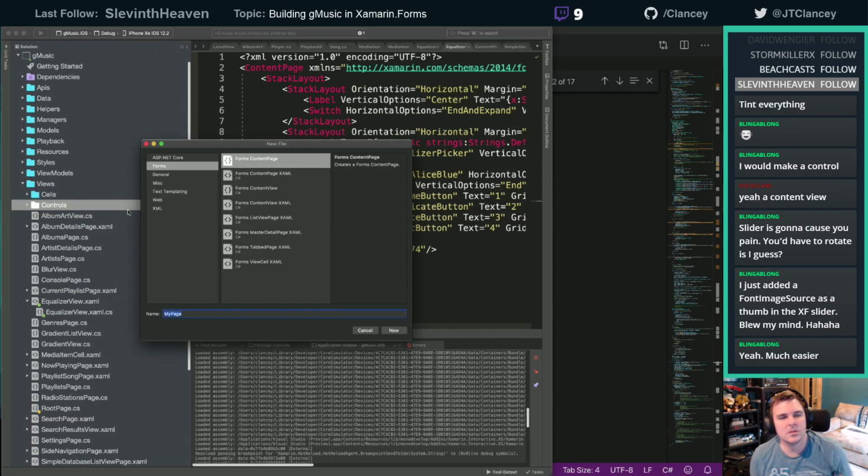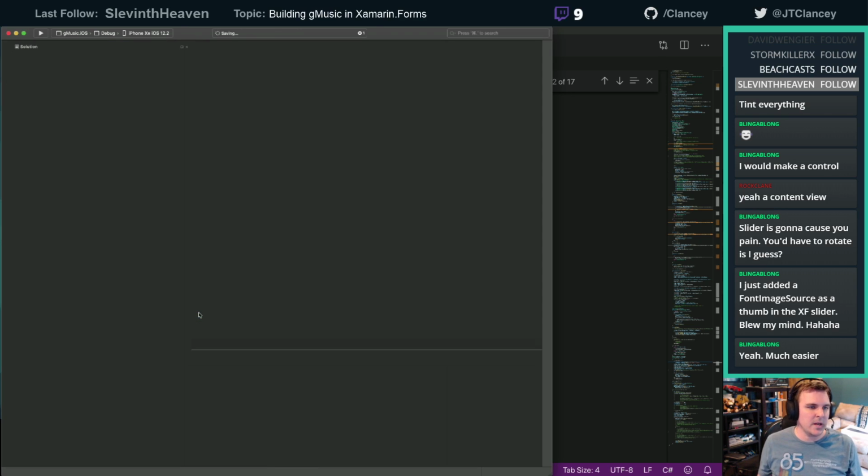Add new control. Not a content thing. We're going to do a forms content view. This one is going to be our, and actually, yeah, I put any controls. Equalizer grid. Um, equalizer sliders. Yeah, we'll just go with that.